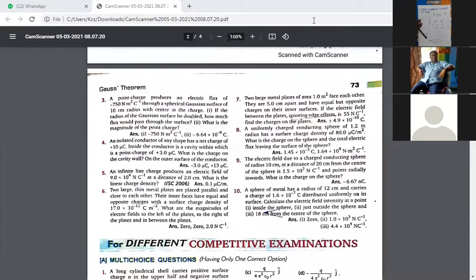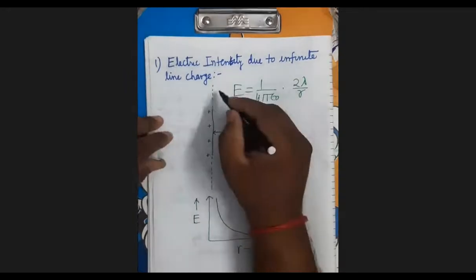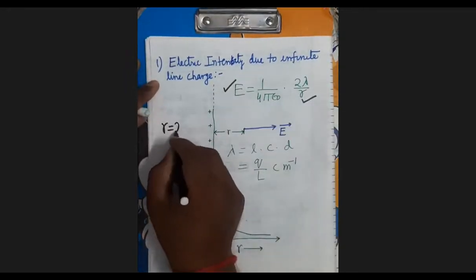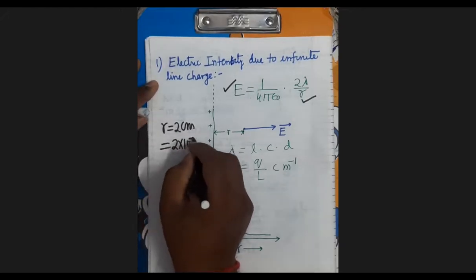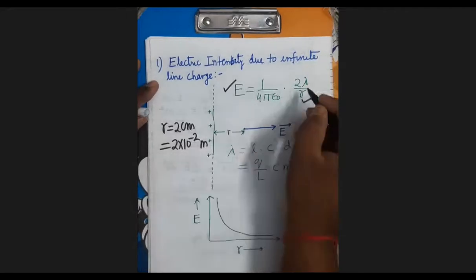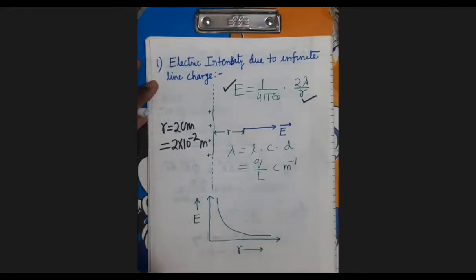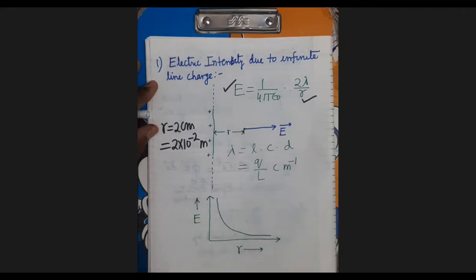You can see what is given here. The value of E is given, small r is given as 2 centimeter. 2 centimeter means 2 into 10 to the power -2 meter. You have to find lambda, that you can find. And this type of question has been asked at least 2 times, as far as we know. So you will do this question also.